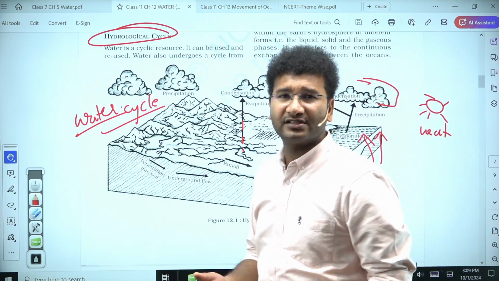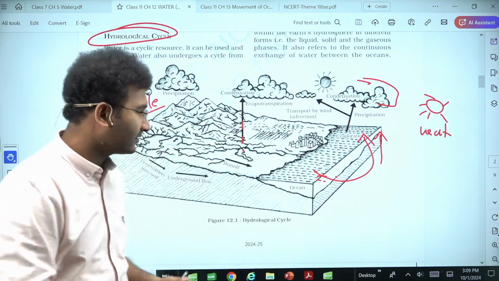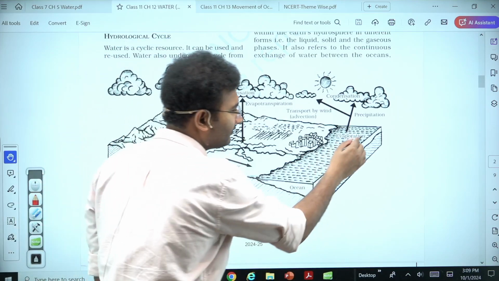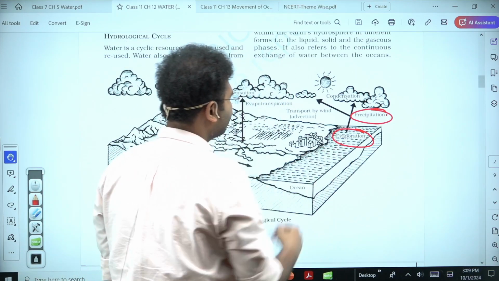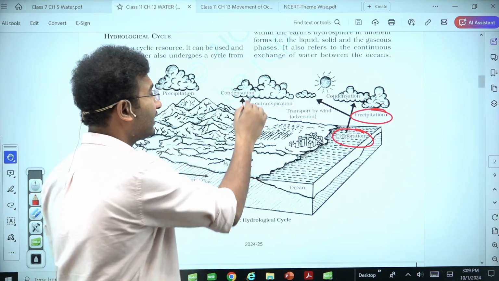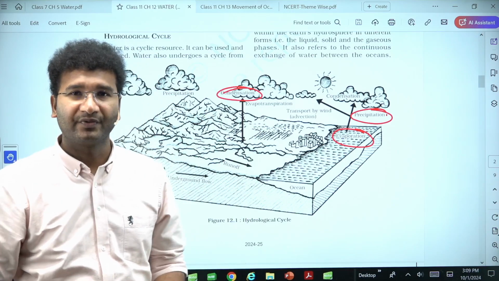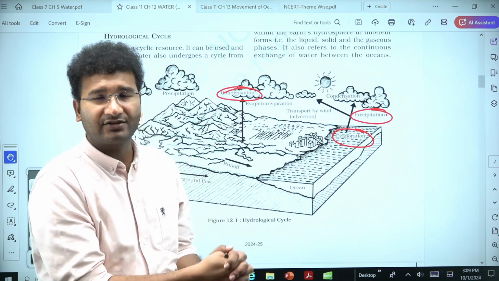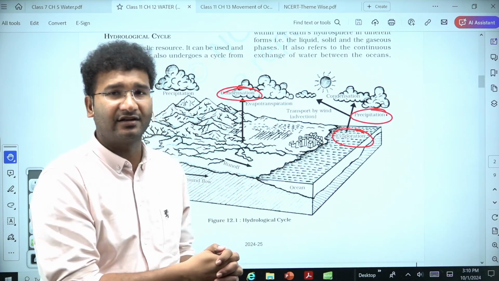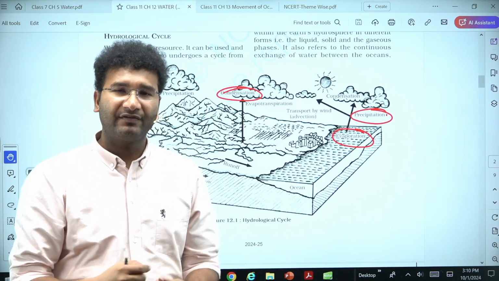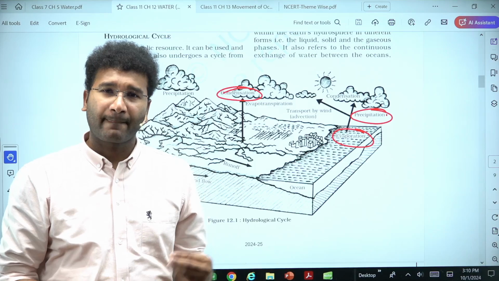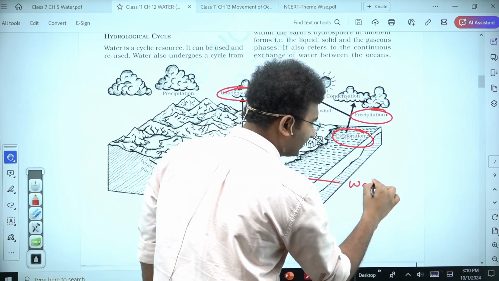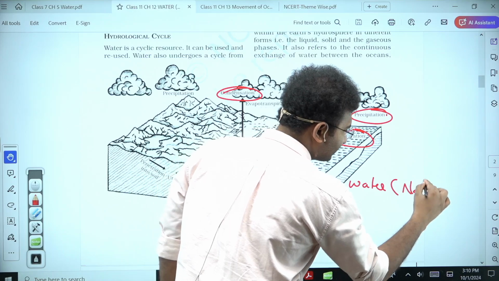In the water cycle process, we use these services. What do we use? This service of evaporation, the service of precipitation, right, and the service of condensation. Look here, we are using this service of evaporation, service of precipitation, and service of condensation for the benefit of human beings, right? Can I say that water is a natural resource? Here, water is a natural resource,